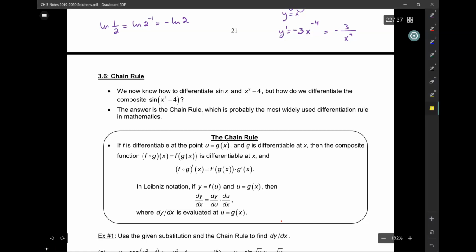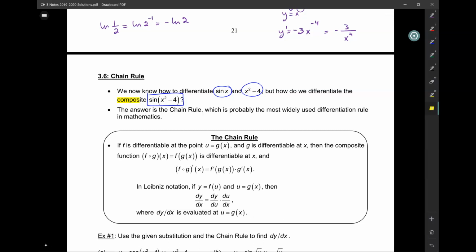Okay, so we know how to find the derivative of sine of x, right? We know how to find the derivative of 2x minus 4. But do we know how to find the derivative of sine of x squared minus 4? I know how to find the derivative of sine x separately. That's cosine x. I know how to find the derivative of x squared minus 4. That's just 2x. But now when it's sine of x squared minus 4, when it's a composite function, can I